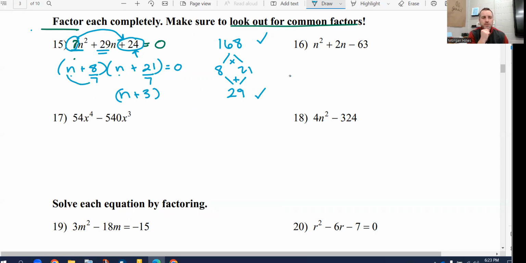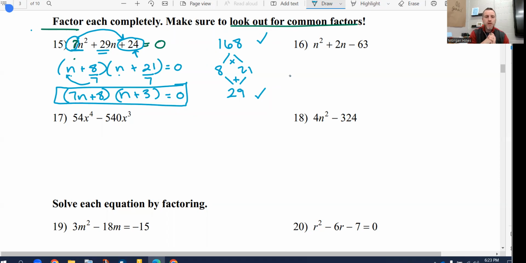And so what are we going to do? Bottoms up. 7 goes in front of the n. 7n plus 8 times n plus 3 is equal to 0. That thing is completely factored now. But what are the solutions? Well, one of the reasons we factor is so that we can find solutions to a problem like this. Because instead of trying to see all of this at once, we're breaking it down into smaller components that we can look at